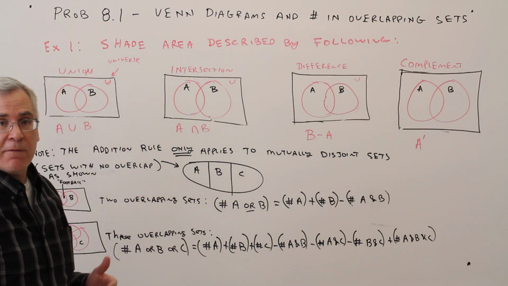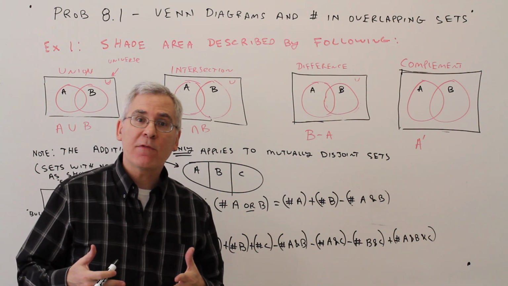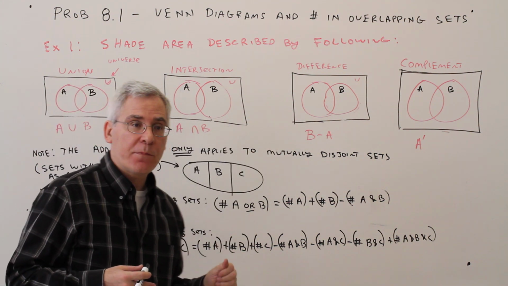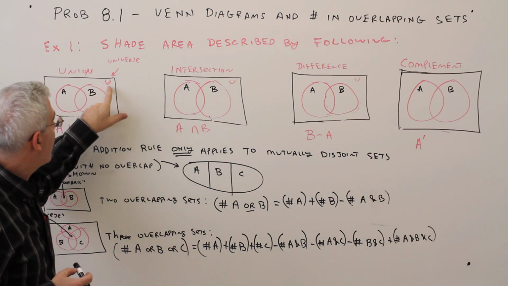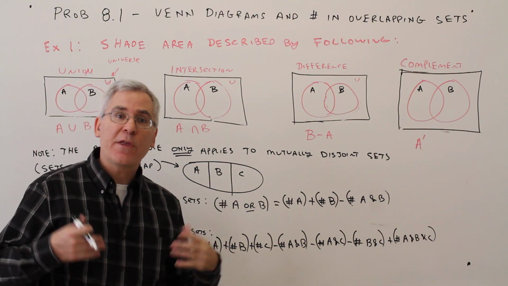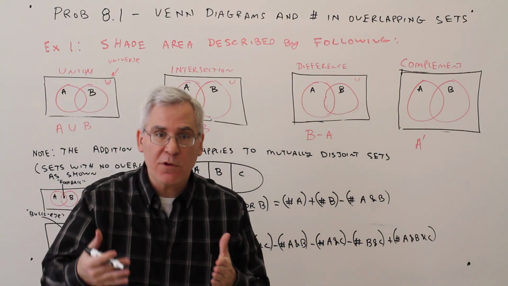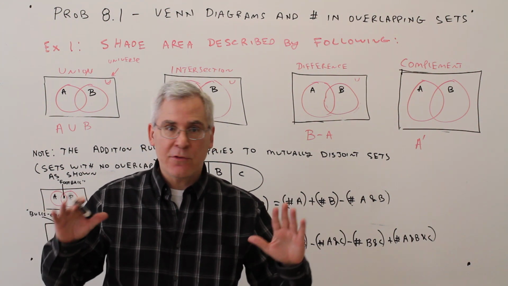Welcome to probability video 8.1, Venn diagrams and the number of elements in overlapping sets. So let's start off with these four drawings of overlapping sets. Just to let you know, the U stands for the universe. The universe could be whatever it is you're talking about. The number of students in a classroom, the number of people on the planet, the set of all integers, anything